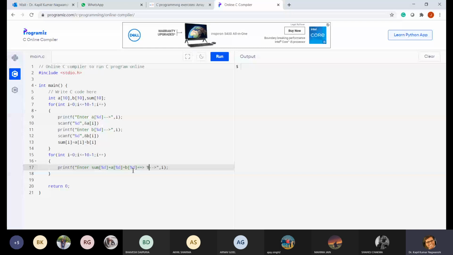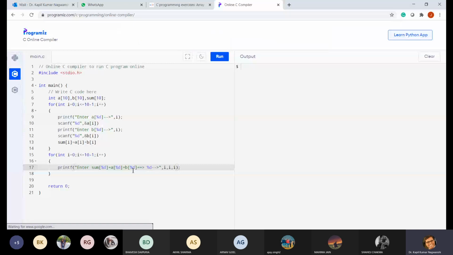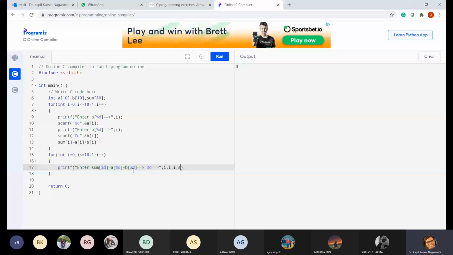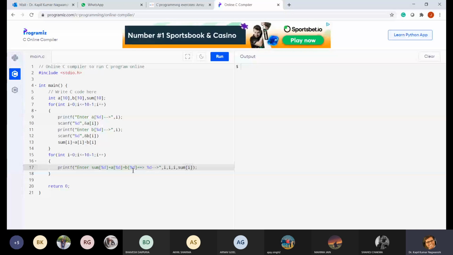It is the actual value, %d. Okay, %d. Now in all three places i will come, and the last place, not address of, sum[i] will come. Fine.